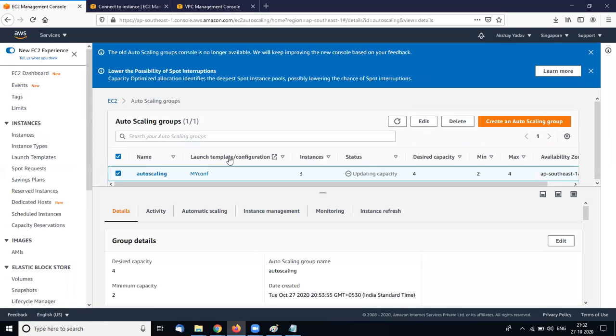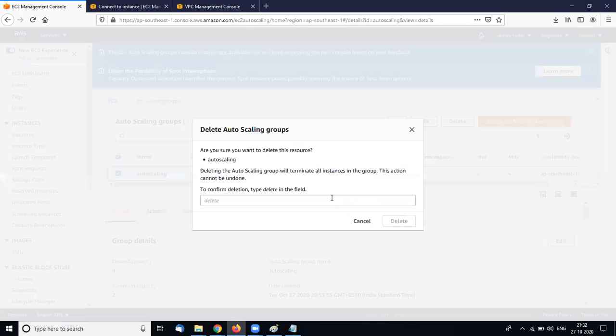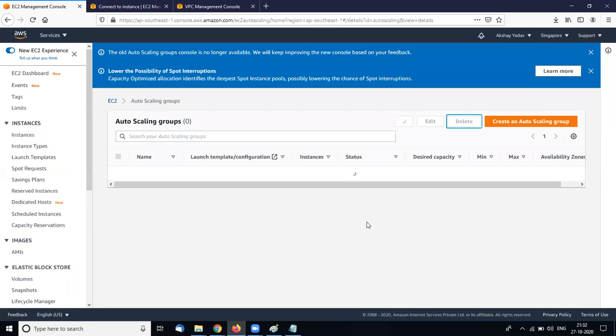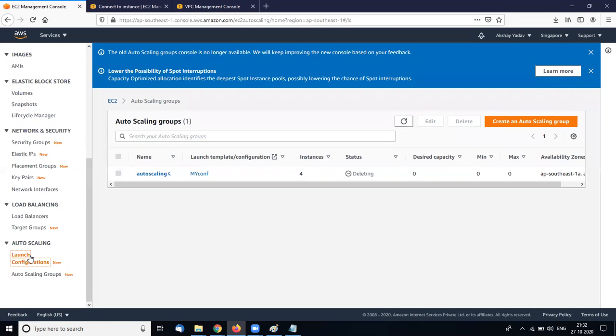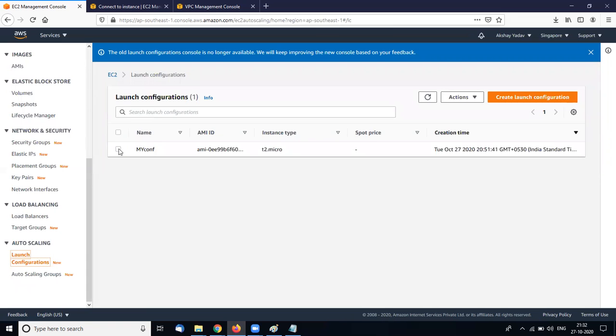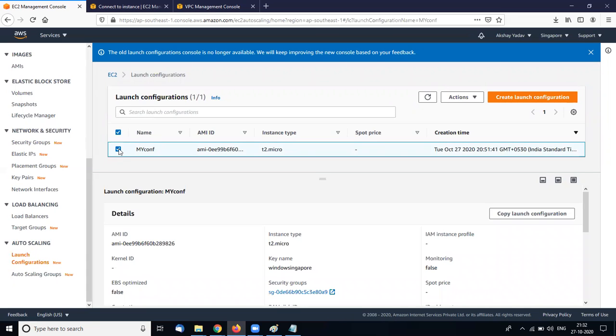If you do not delete your auto scaling, then instances are automatically launched. Remember. So the auto scaling group is deleted, and I also deleted the launch configuration.